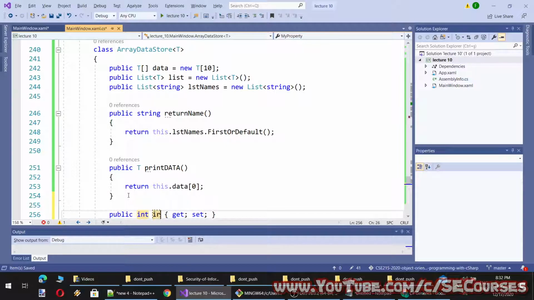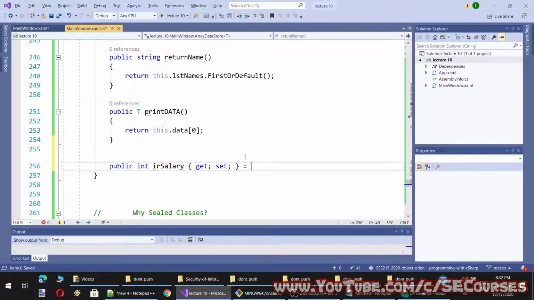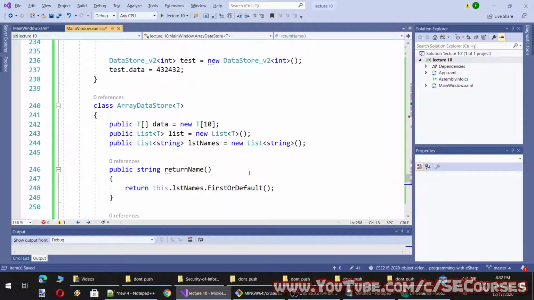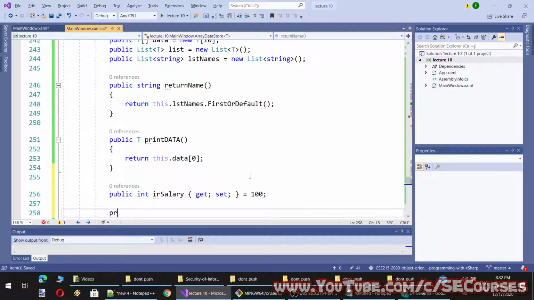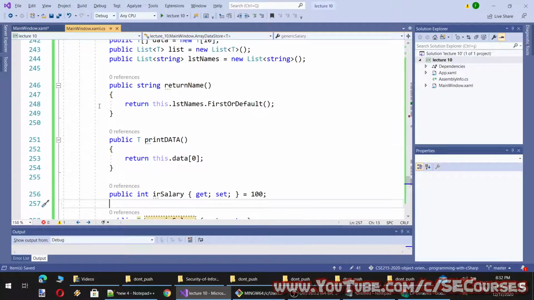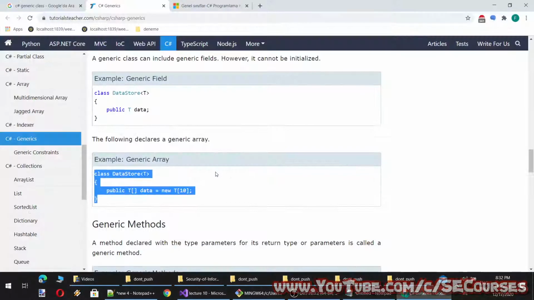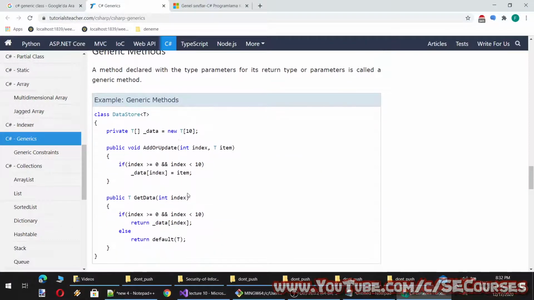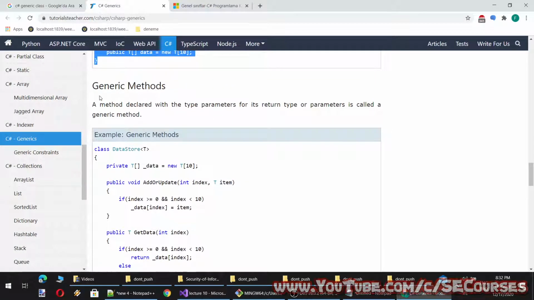Okay, so you see this also works, and I can have generic and non-generic properties as well, such as integers. So this is another generic type. I can assign it like this, or I can have a generic property. We also made an example of that, T. Every one of these works, and you see there are also generic methods.